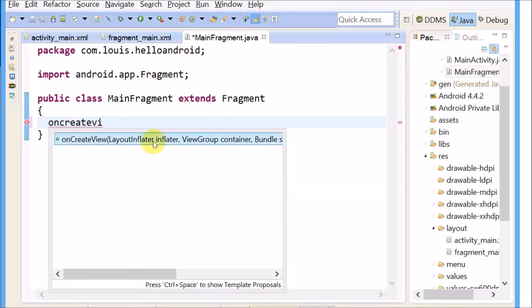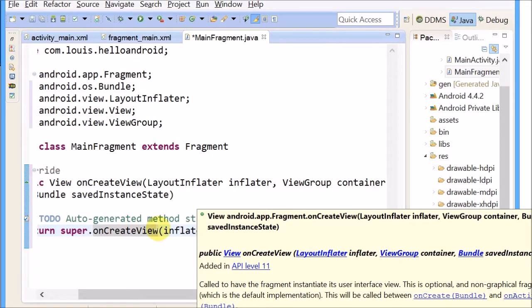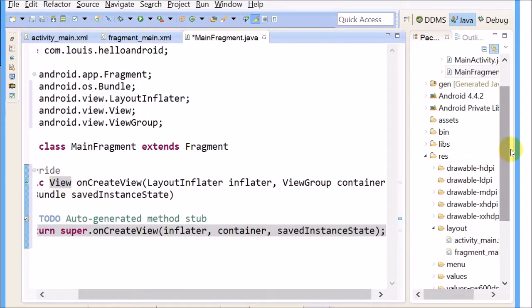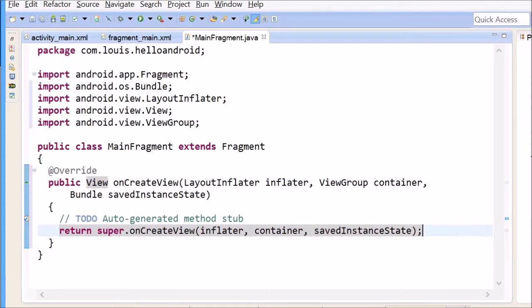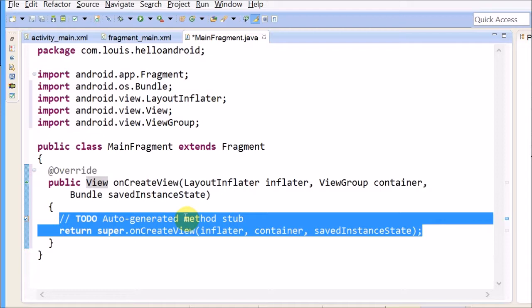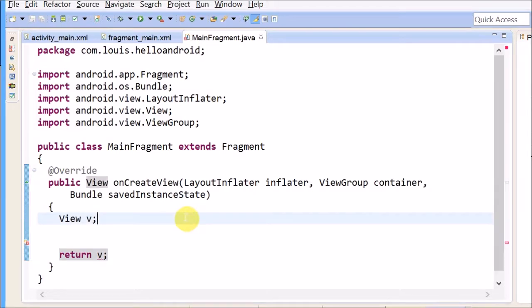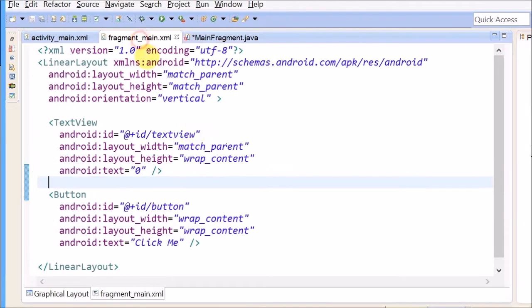So on create view here, you need to return a view. You can see that when I auto-generated this from Eclipse, they had this thing here. This needs to return a view like this, and the view is obtained from this XML file,